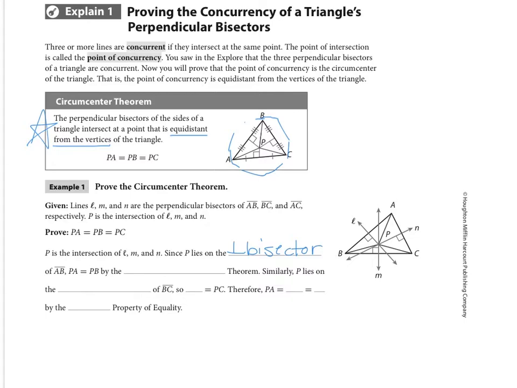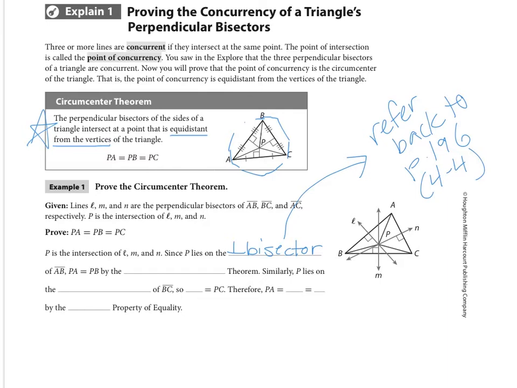And remember what the perpendicular bisector theorem says. You may want to refer back to page 196 really quickly, and that's actually from lesson 4-4, you guys, that talks about the perpendicular bisector theorem. Just take a quick peek back there and you'll see that if any point is on the perpendicular bisector of a segment, then that point is going to be equidistant from the endpoints of that segment. So here we're talking about segment AB, L being the perpendicular bisector, so any point along this line is always going to be equidistant from the endpoints A and B of that segment, and that would have to include point P. So that's why we can say here that PA is equal to PB,